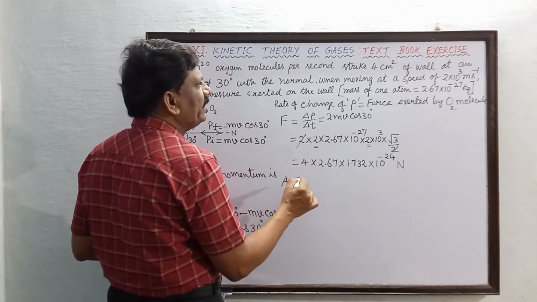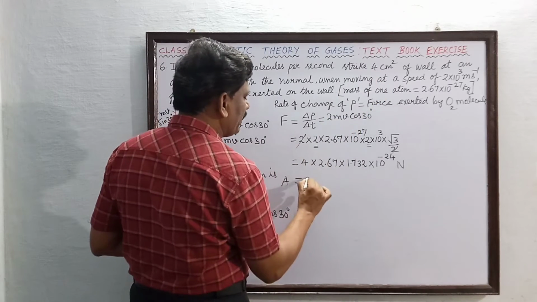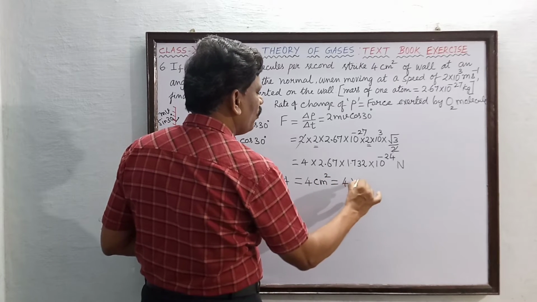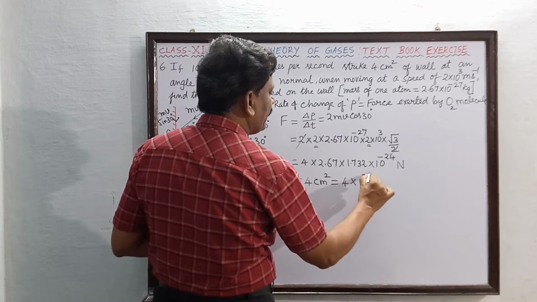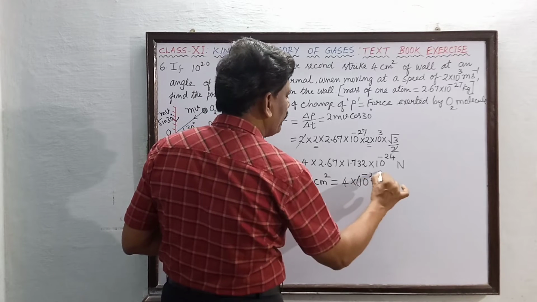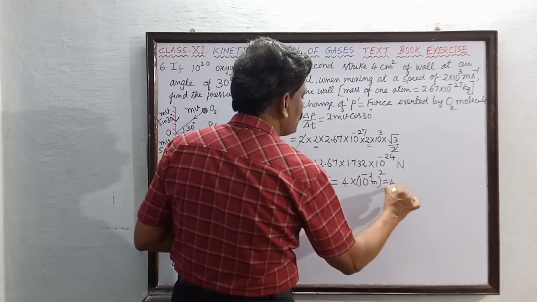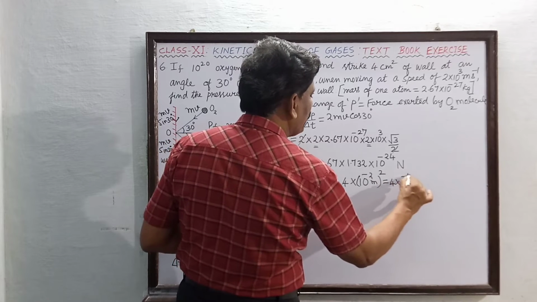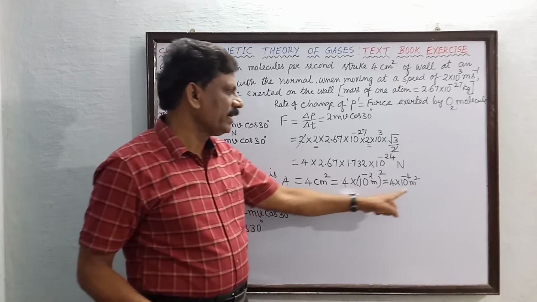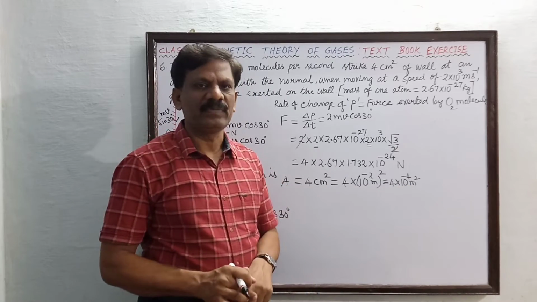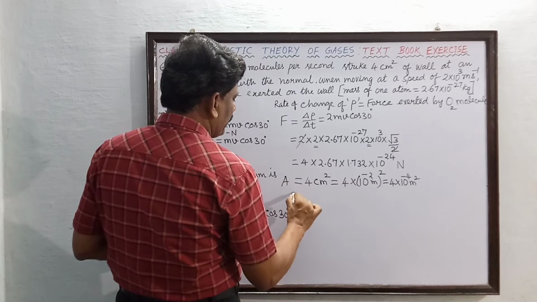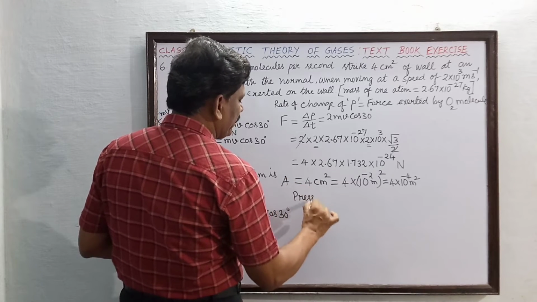On how much area it is impinging is given as 4 centimeter square. So this is 4 into 10 power minus 2 meter the whole square, which is equal to 4 into 10 power minus 4 meter square. So centimeter square I have converted into meter square. Understand that? So now the pressure exerted